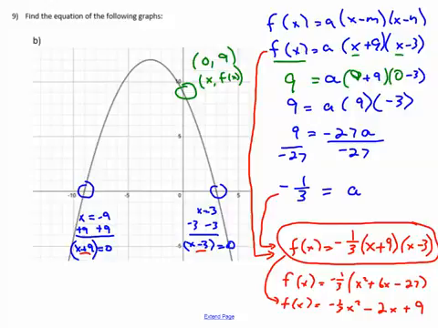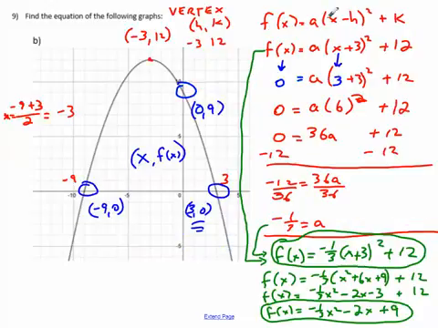in blue the roots or the x-intercepts to create a factor and then put those into factored form. Use an f of x form in green to plug in x, plug in f of x, find out what your A is, create the form. That would be okay. Or whether you're given, I suppose, the vertex. If you're given the vertex, plug it into the vertex form. From the red vertex form, plug in x and f of x that we know, either that point or that point